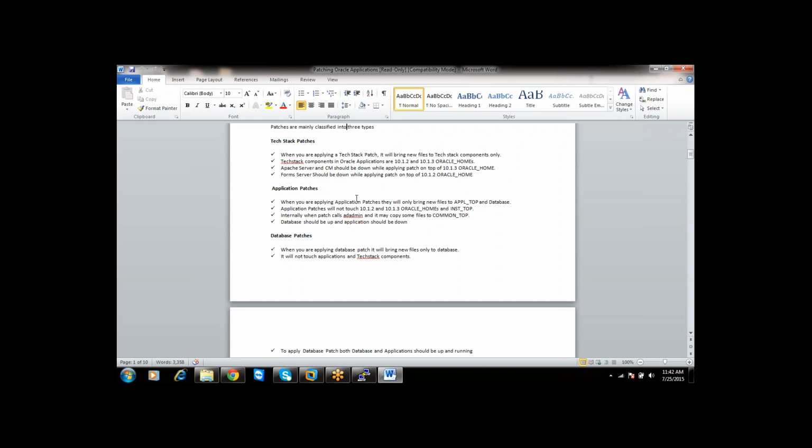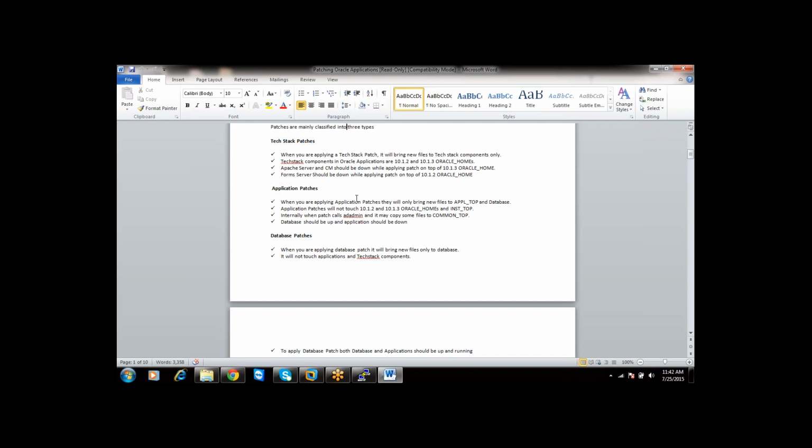There are basically two types of components: app stack components and tech stack components. Tech stack components are the components which contain Oracle homes in your Oracle application. They are nothing but the 10.12 Oracle home, the 10.13 Oracle home, and the RDBMS Oracle home. These three are called tech stack Oracle homes.